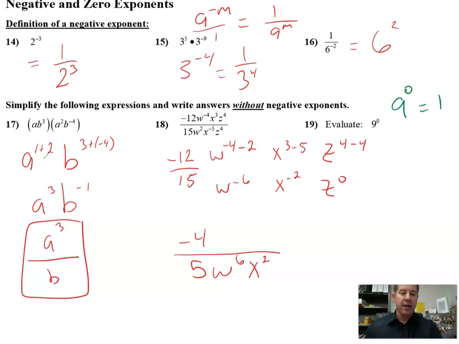On the next one, I treated my coefficients like a fraction, and I reduced. I subtract exponents. Because I got a negative answer, that means for me to put it on the bottom, I'm going to make it positive. And then same with x's and